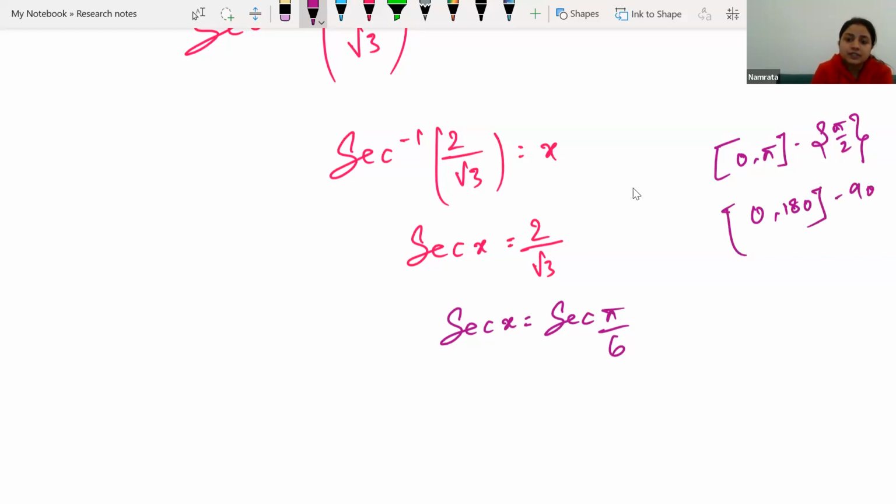Okay, pi by 6, as you have just said, is 30. So yes, it lies between 0 and 180. X is pi by 6. This was very straightforward. Always you have to check whether your answer lies in that range or not. Okay, now the next question is,